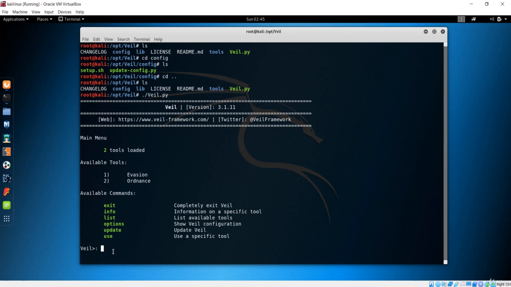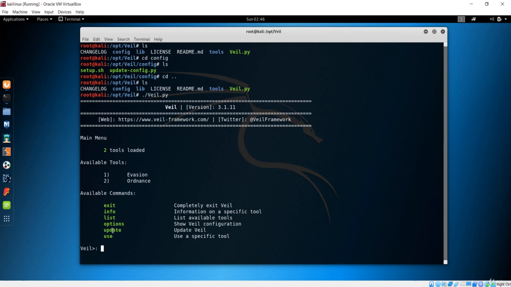So first of all, you can see that this update method is a very important method, because time and time again the antiviruses will update everything in order to catch our malicious code. So in order to bypass every antivirus that is possible, you have to update this Veil framework time and again.